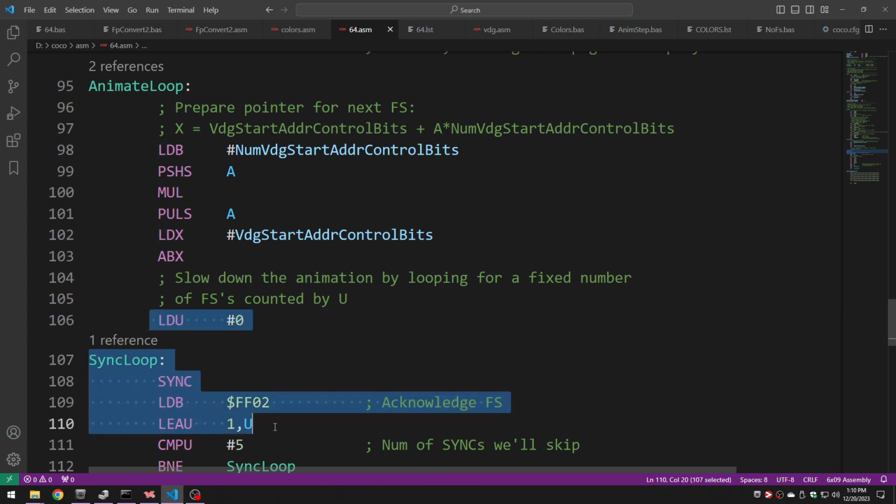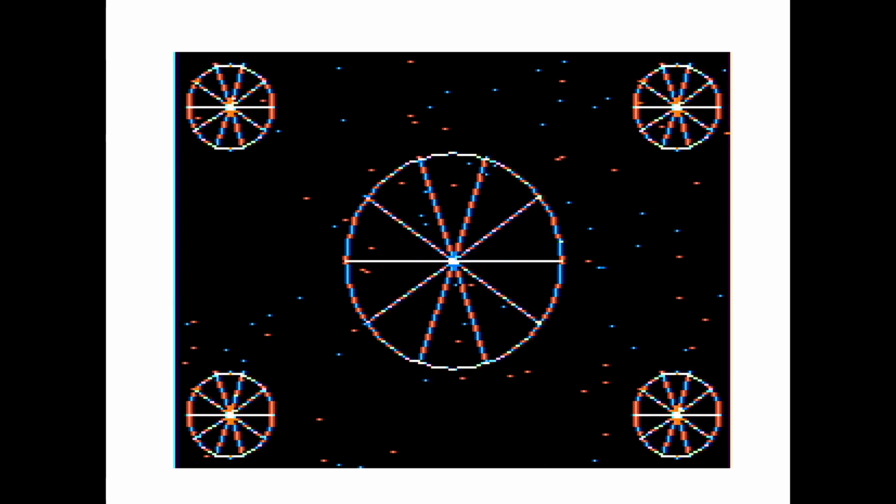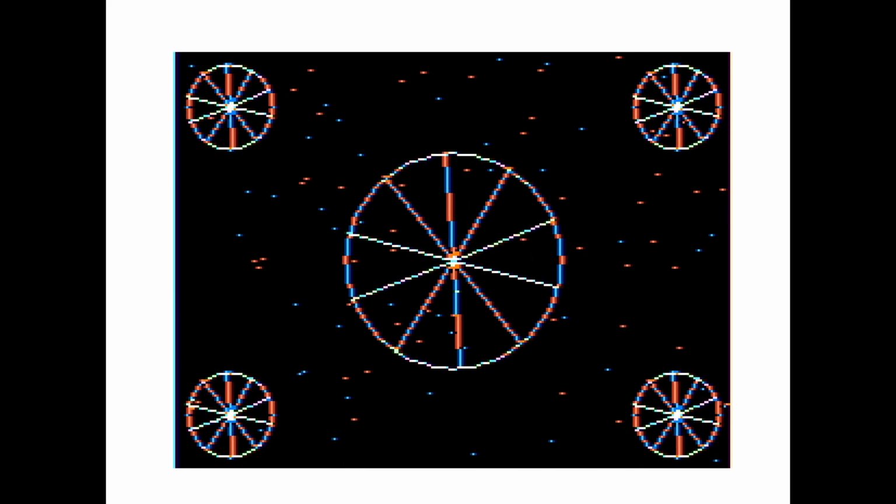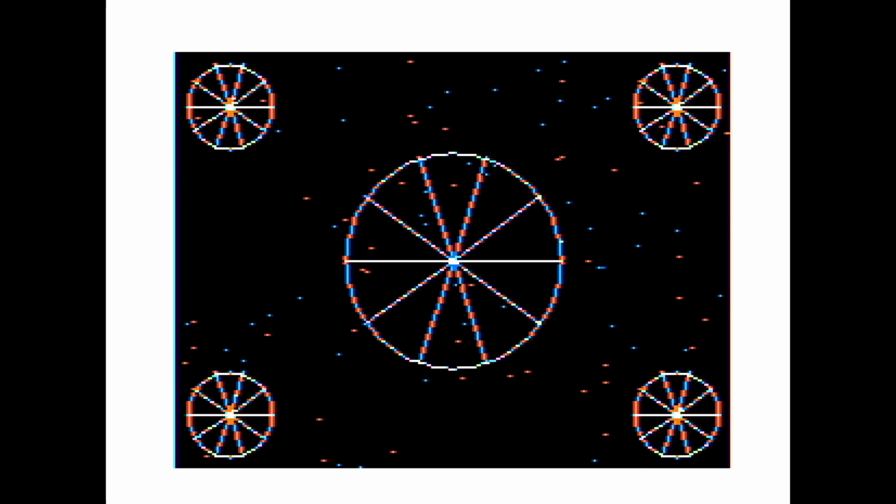So just in case you're curious, how fast can this really go? If I remove this code that skips every 5 field syncs and actually renders the next page on every field sync, what would it look like? As a reminder, this is what it looks like when we skip every 5 field syncs before going on to the next page. And if we don't skip,